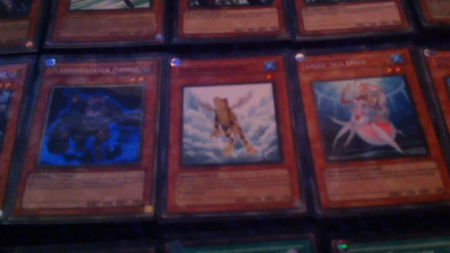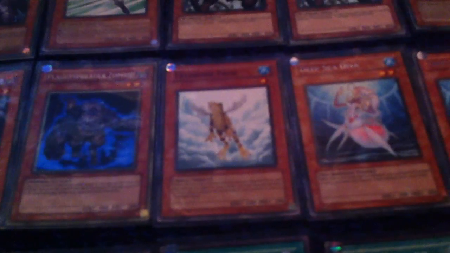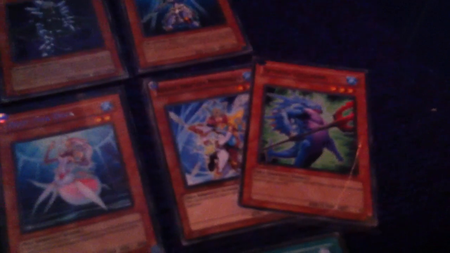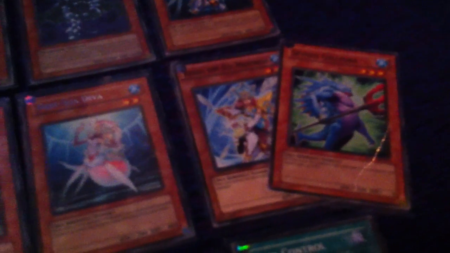Obviously, I have to stick Gale for 7 in this deck. Plaguespreader, I'd say it's a staple. Treeborn Frog, it works amazing with Future Fusion, so that's definitely a run. Then we got 3 Deep Sea Divas. These guys are fantastic. And now here's a big one. I'd say run what you want, because the first time you get a Deep Sea Diva, you go for the second Deep Sea Diva, but